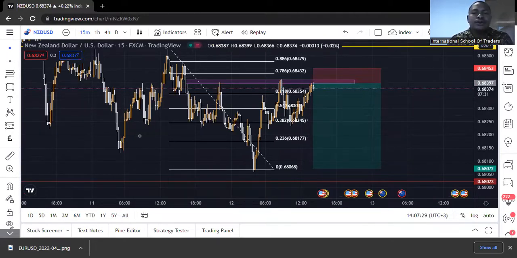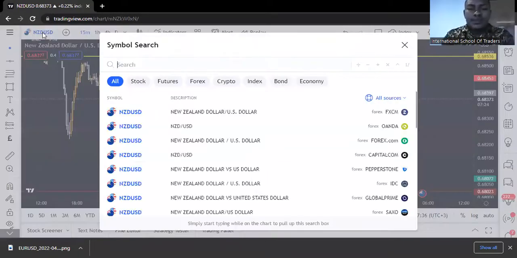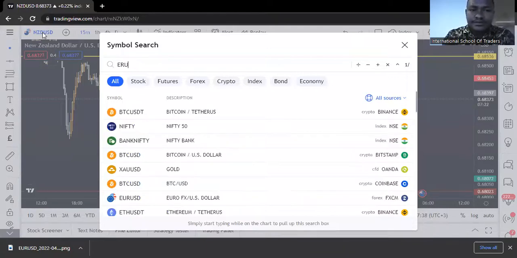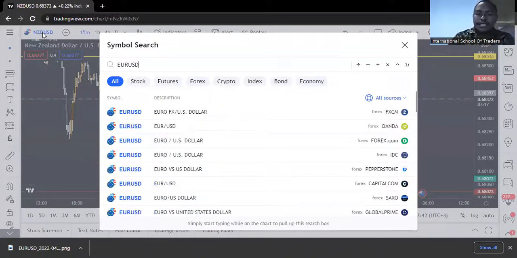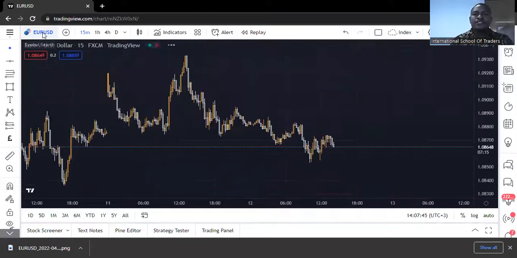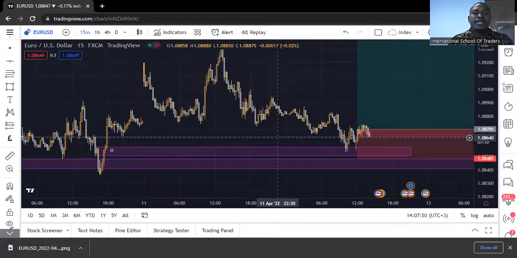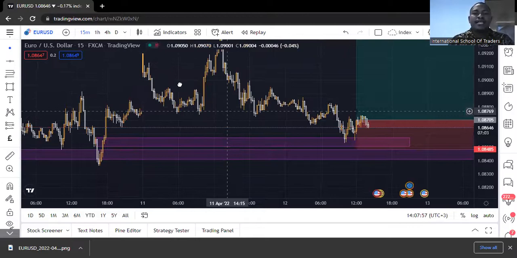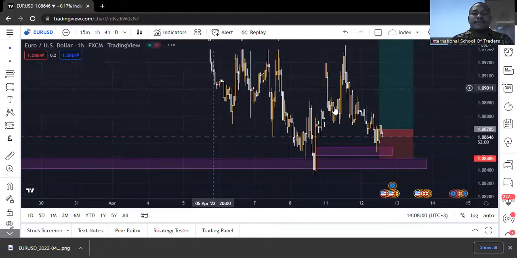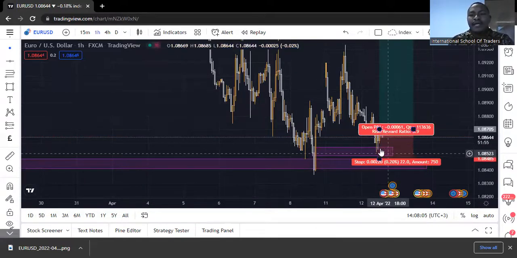Okay, cool. So there is NZD-USD. Let's look at other things as well. We were looking at EUR-USD, that is business of today. What we are looking at on EUR-USD is the market coming to this area, and then we take it back. Now, the worst thing that can happen in this market, let me go to a 1 hour time frame, is for the market to come all the way down and break this area.